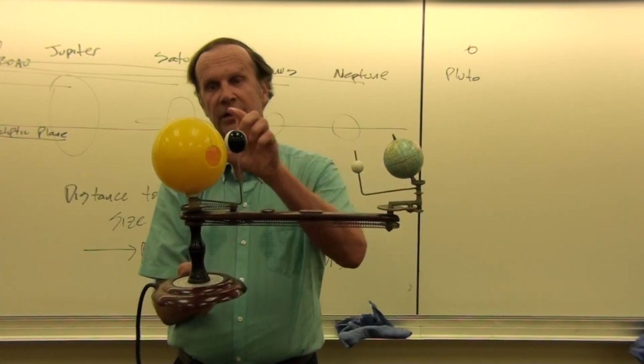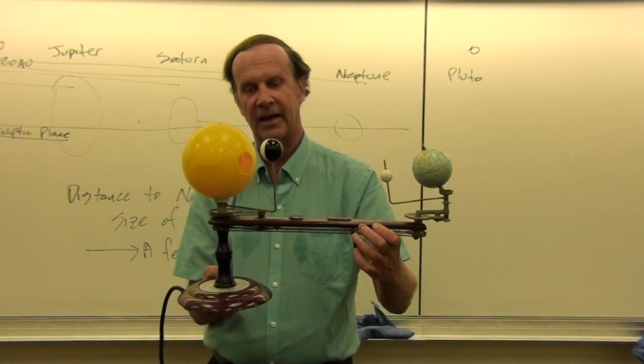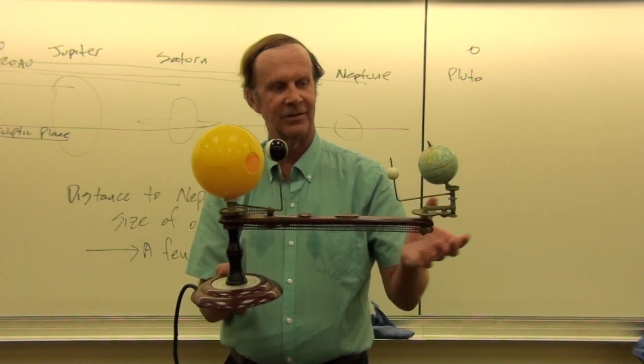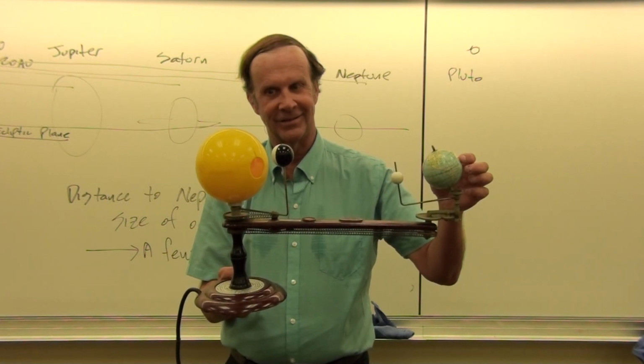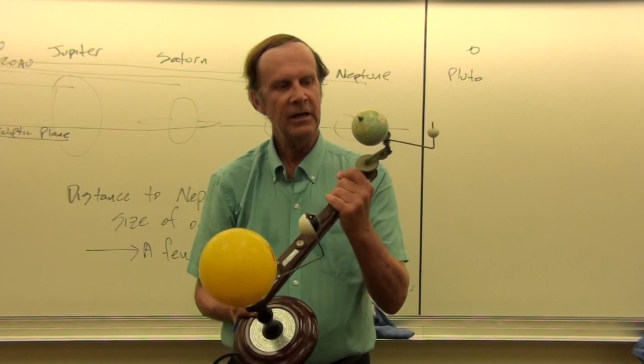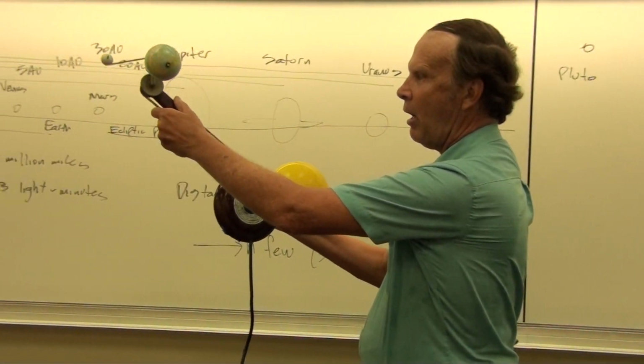Remember, you could fit 1,000,000 Earths into the sun, but we just have this size so we can see these objects, and we're interested in objects like the Earth, so we can't have it 1,000,000th of the size of the sun and expect to be able to see it. Okay? But if we look at this from a top view, what we see is that all of the motions